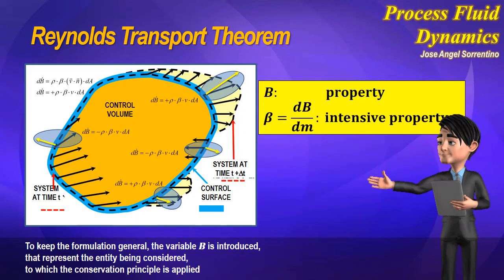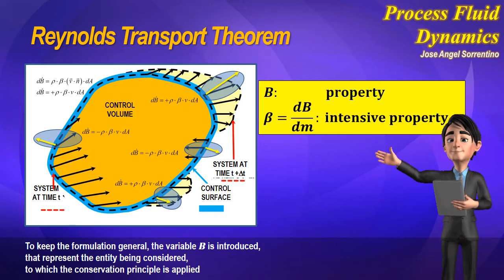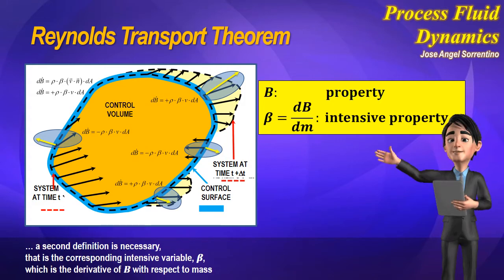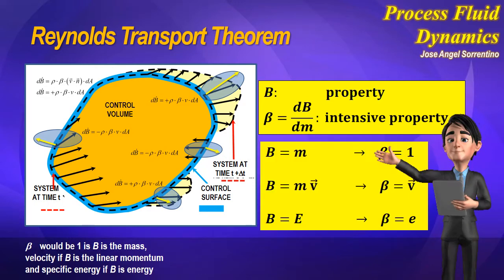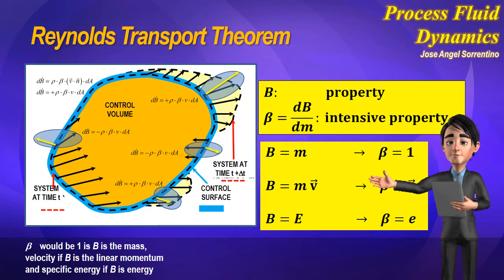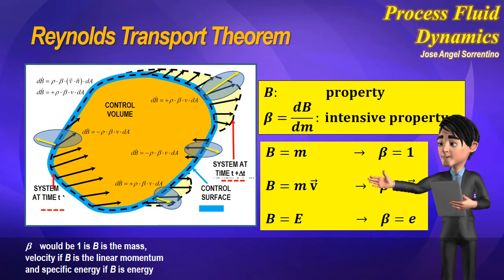To keep the formulation general, the variable B is introduced, that represents the entity being considered, to which the conservation principle is applied. A second definition is necessary, that is the corresponding intensive variable, beta, which is the derivative of B with respect to mass. Beta is 1 if B is the mass, velocity if B is the linear momentum, and specific energy if B